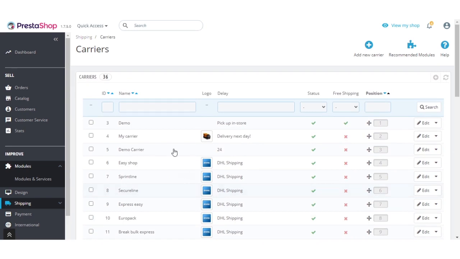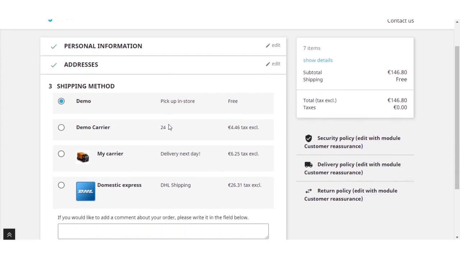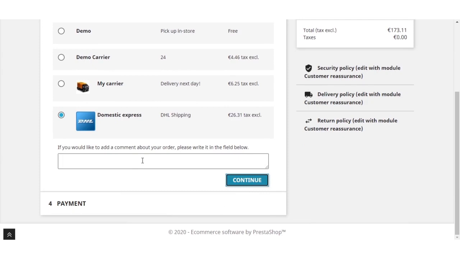Now let's have a look at the front end. While placing an order, a customer can view the available DHL shipping carrier with the shipping cost on the checkout page. Suppose a customer has selected DHL shipping method and proceeds with checkout.